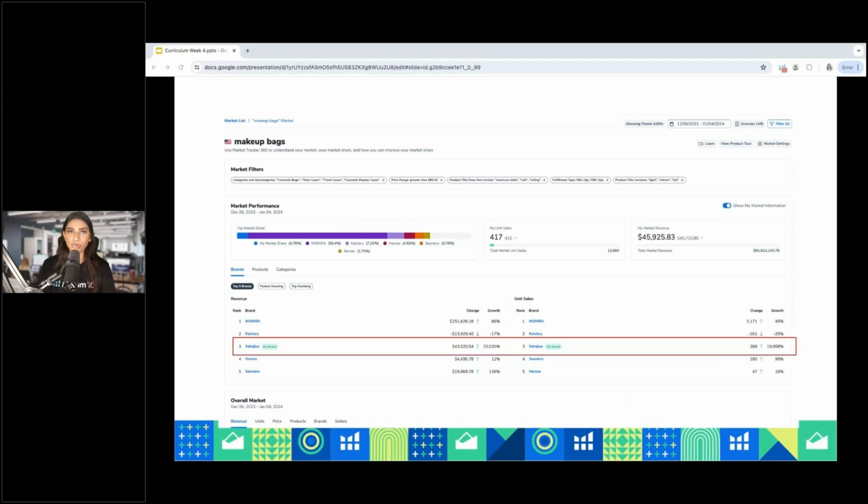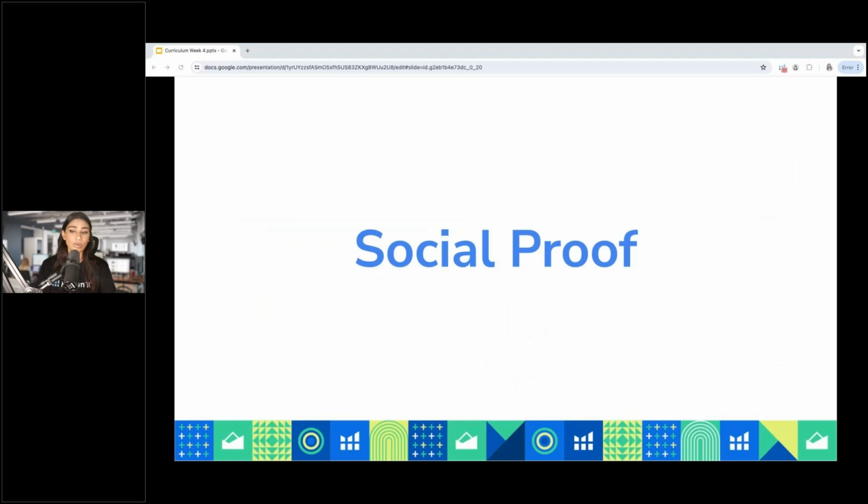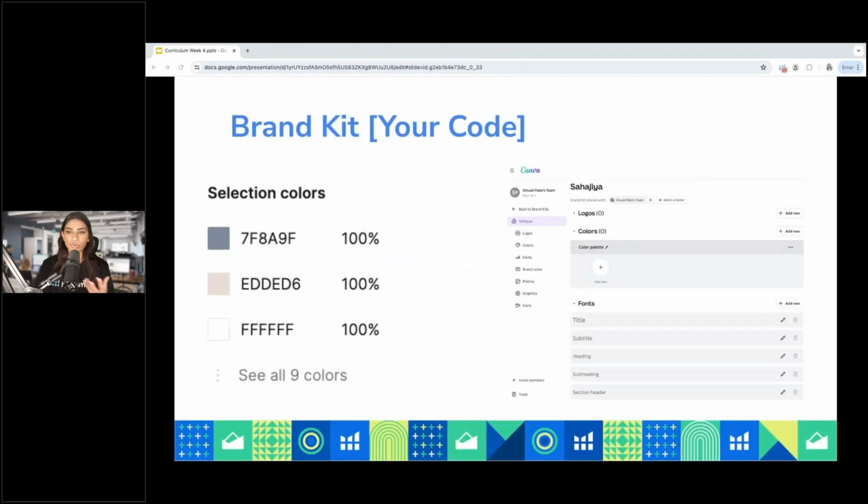And obviously, our goal as sellers is to amplify the market share. So I use a tool like Market Tracker to make sure that I'm constantly moving up as I'm using these other branding tools. And you can always amplify market share by doing that with even more social proof and online share. So you can use a tool like Canva to help you get really clear, first of all, on your